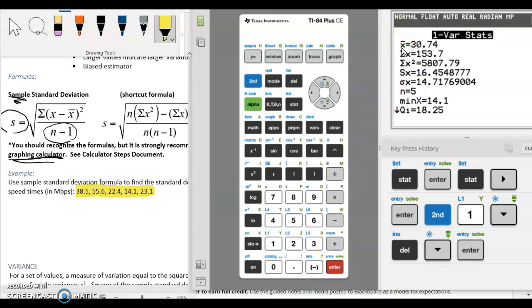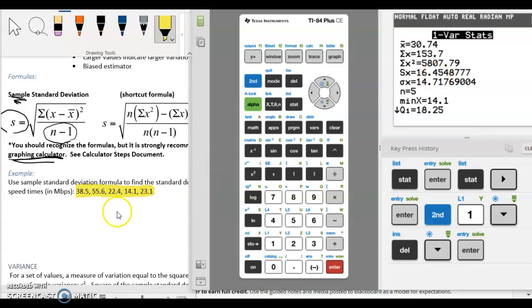This is how we found the mean for data in our last section. So I can see X bar, the mean here, but then if I go down, I see S and I see sigma. S is our sample standard deviation and sigma of X is our population standard deviation. So what you need to know each time is whether you're working with a sample or a population. In this case, we don't have all of the Verizon data speed times, so this is a sample. So we're going to use S, and our answer will be